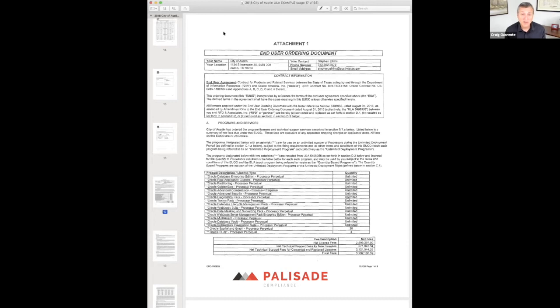One thing to note about this ULA, and honestly, it's a common misconception, especially in the IT organization: an unlimited license agreement with Oracle does not mean you can use all Oracle products. It's limited to a specific set of products. In this case, there's 12 or 13 products here. Database options, middleware, Golden Gate, some other things are on here. And you're limited to that.